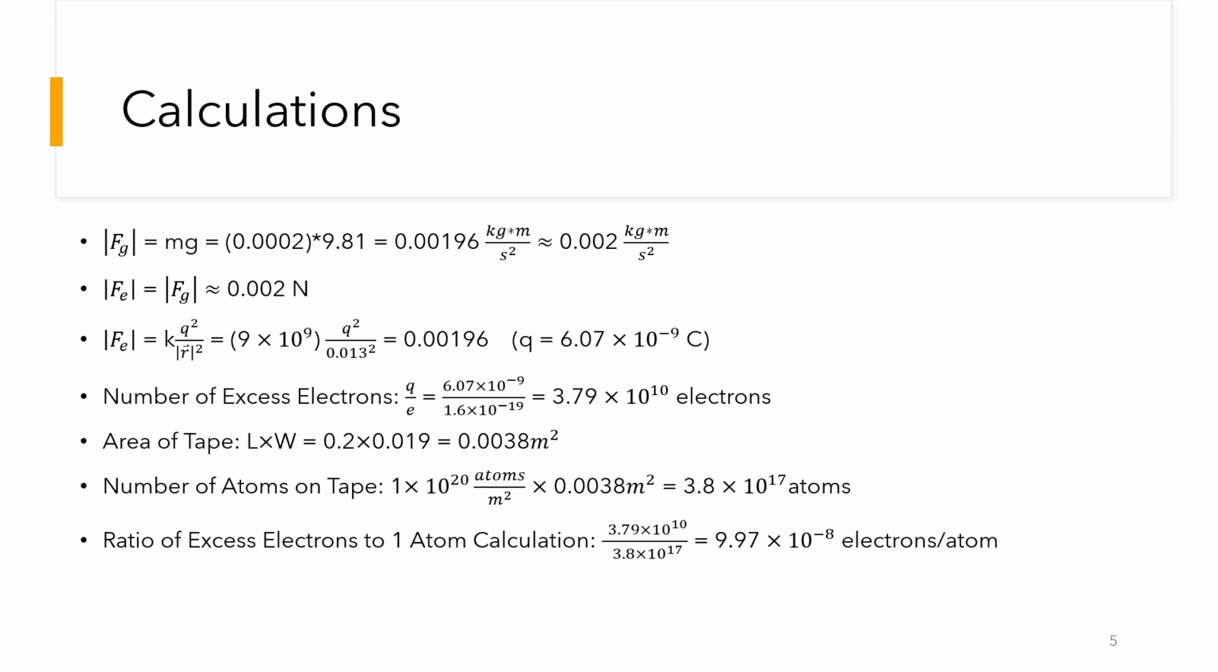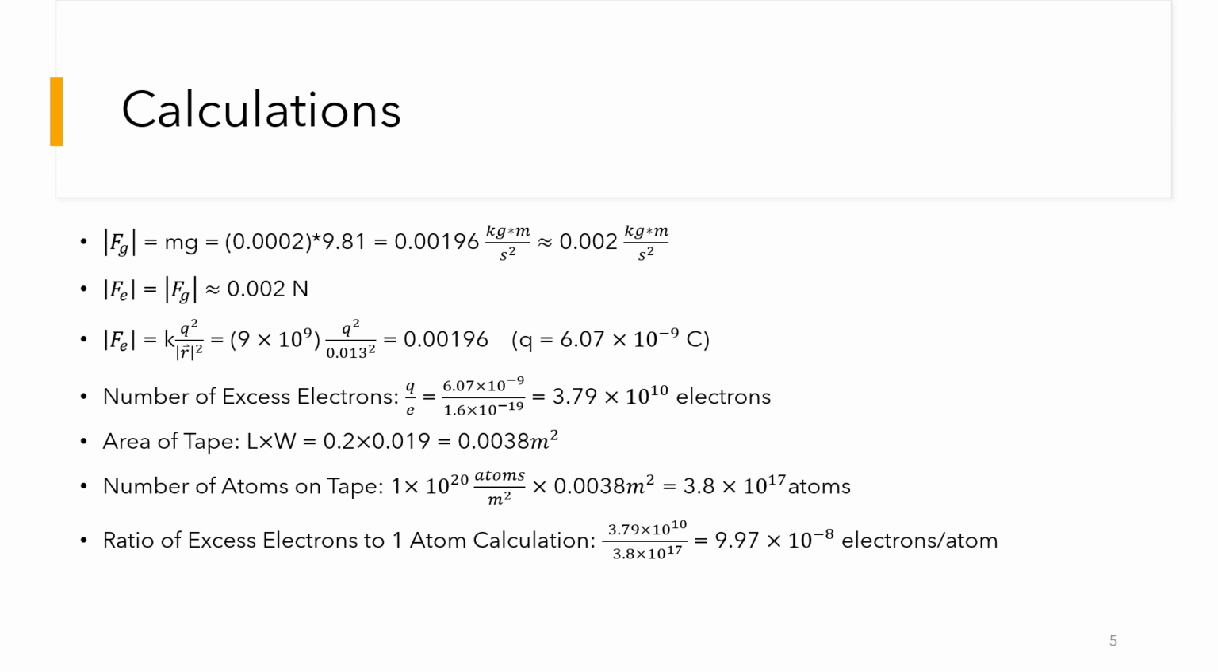So the calculations of this are the Lab 1 calculations, since these labs are so similar. The force of gravity, mg, uses 9.81, and then we calculated the electric force, which is equal to the force of gravity due to Newton's third law. And then the number of excess electrons was Q over e, and that's 6.07 times 10 to the negative ninth over 1.6 times 10 to the negative 19th, and that gave us 3.79 times 10 to the 10th